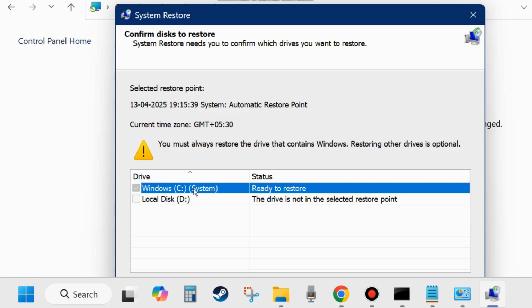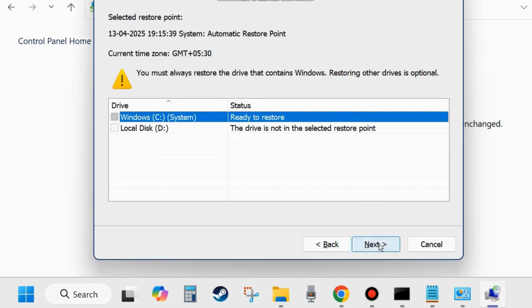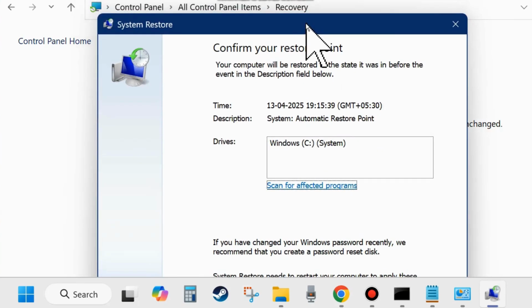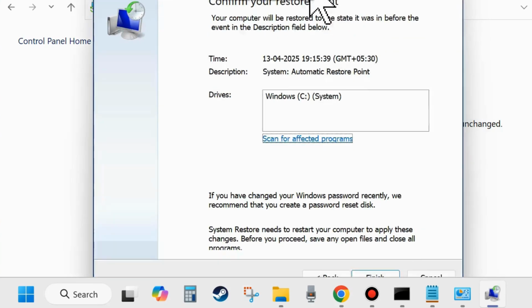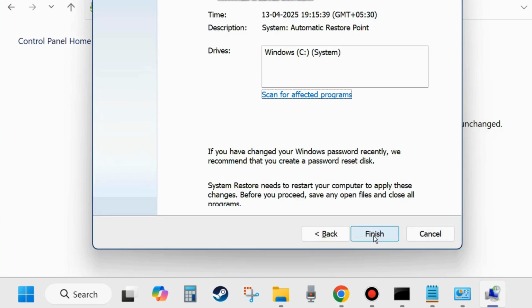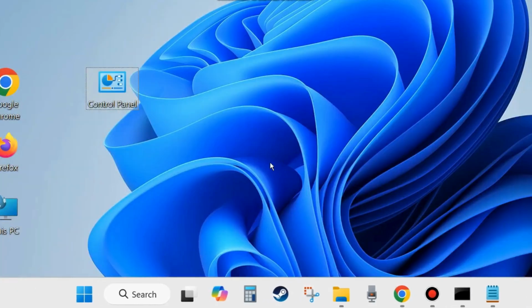You can see the status ready to restore. Select this drive and click on next and finally confirm your restore point. Choose finish and follow the on screen instructions to complete the restoration process. Your error code will definitely be resolved after restoring your